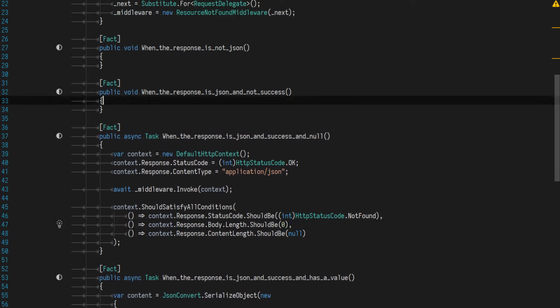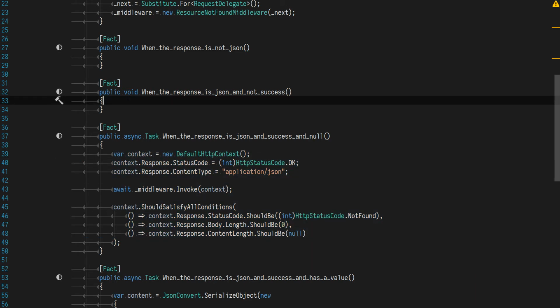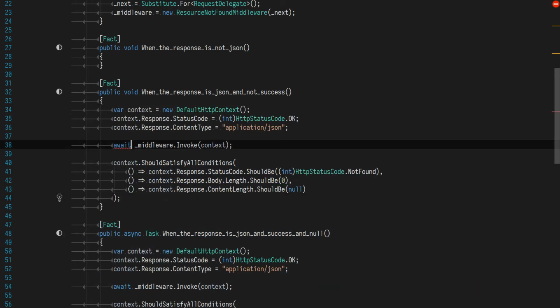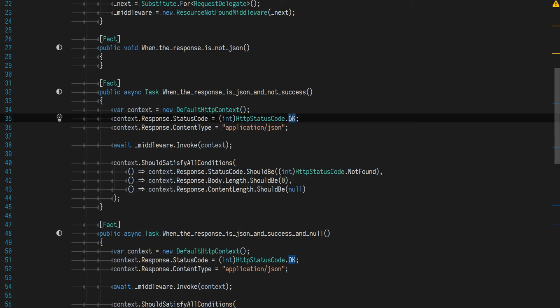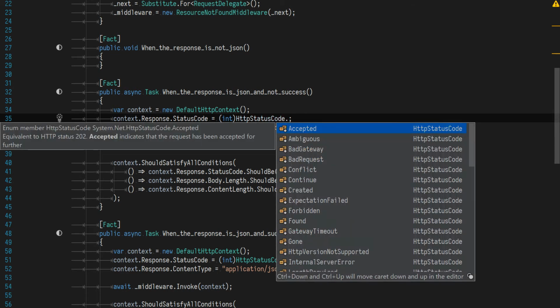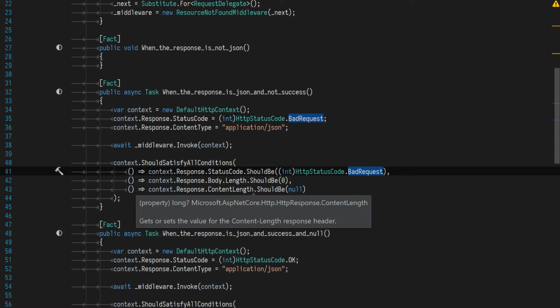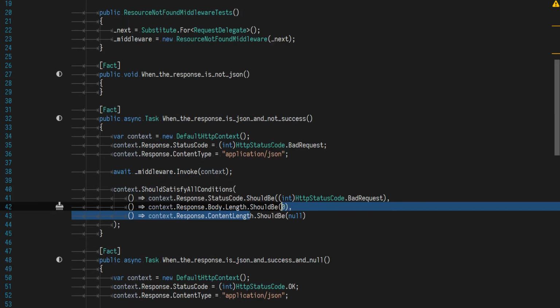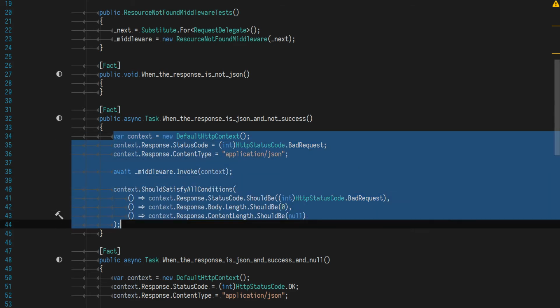Right. So this is JSON and not success, so we don't want it to overwrite our stuff. So response is JSON. It's null, but the status code is going to be bad request. Why not? So we're not going to be touching the body, and it should be a bad request. And then the final test case